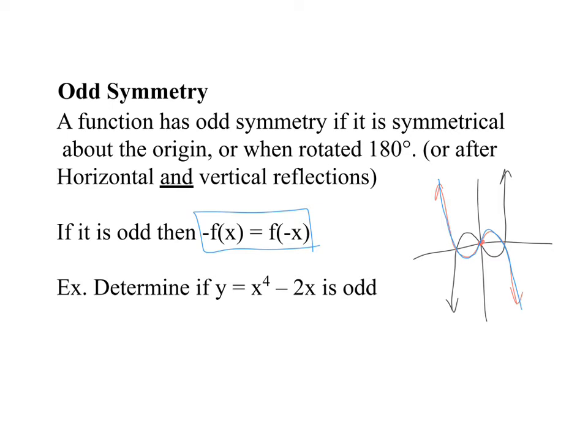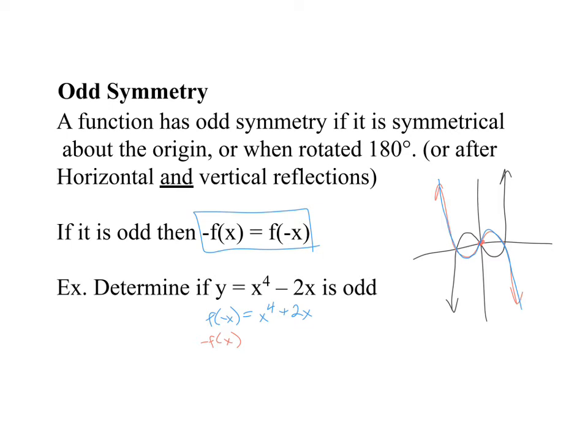So for this one, if we test the even symmetry first, take our original equation and put a negative in for our x's. You can see our x to the fourth wouldn't change, but our minus 2x will switch to plus. So it's definitely not even, because the two x terms are different. Now if we do the vertical reflection, and algebraically,